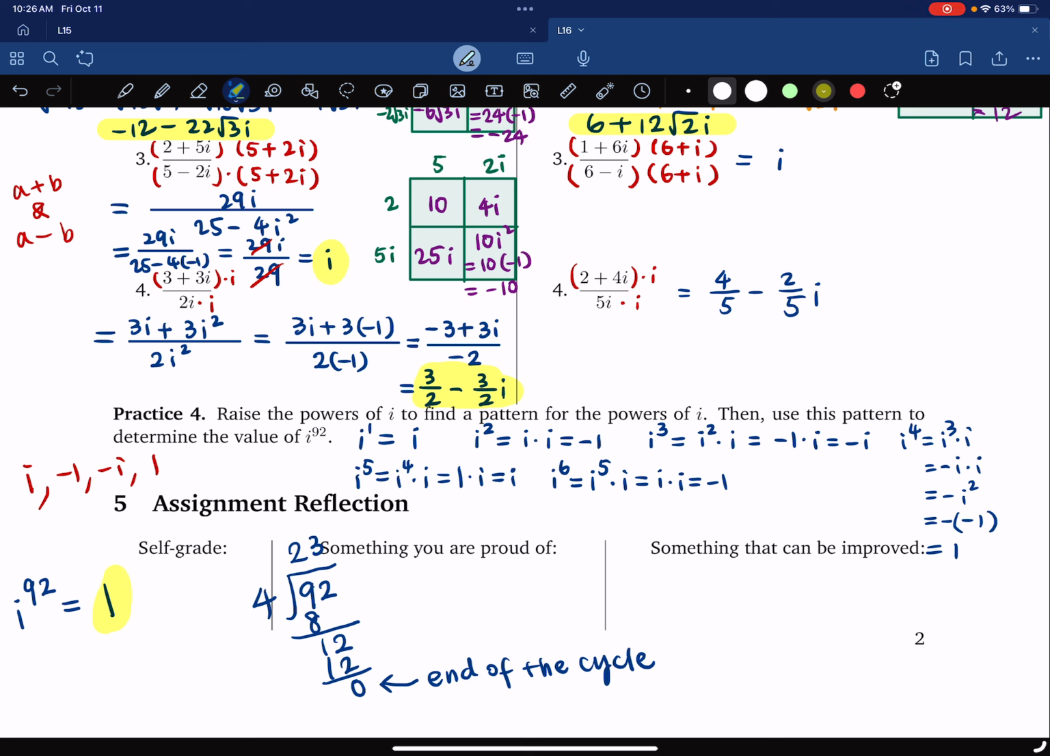And that means you might ask, what is i to the 93rd? That will be the first value in the cycle, because you're starting a new cycle again, which is i. So that's how you could use this pattern to find any power of i. And that's basically this handout. Thanks for